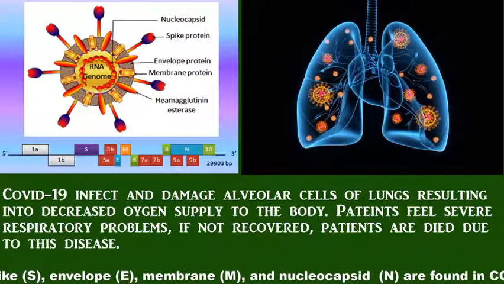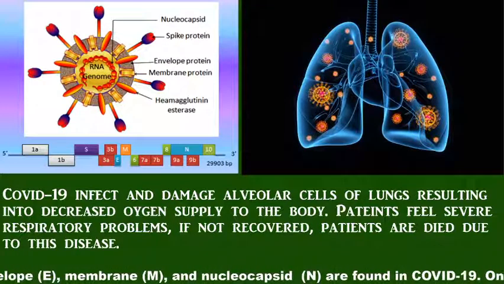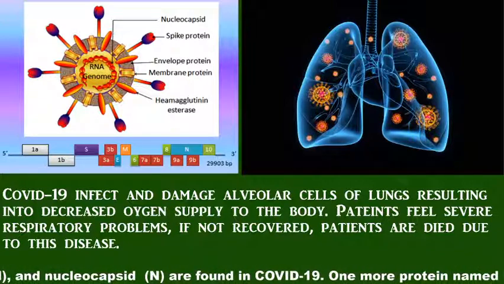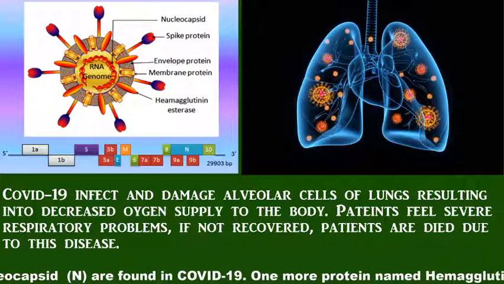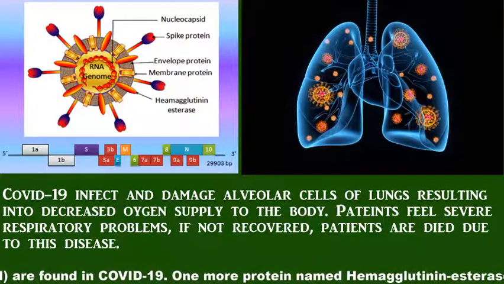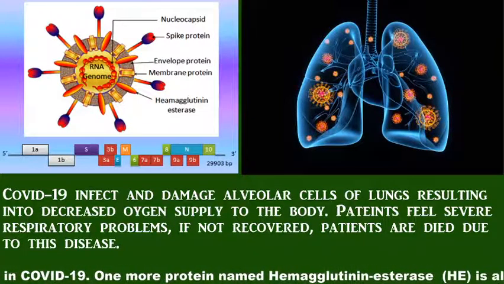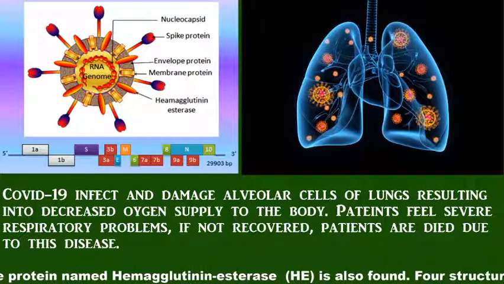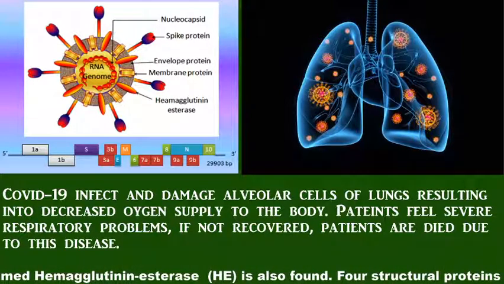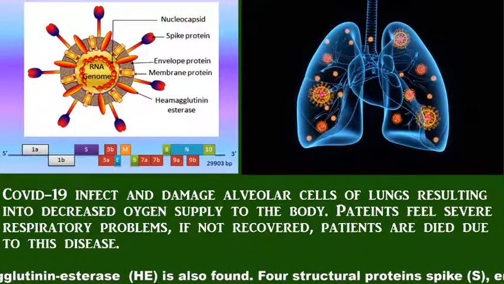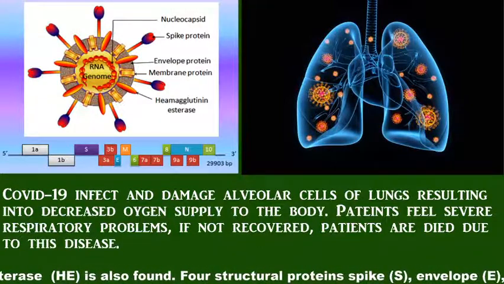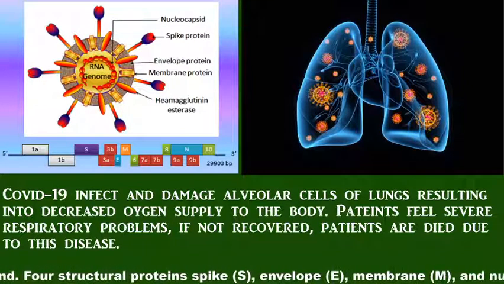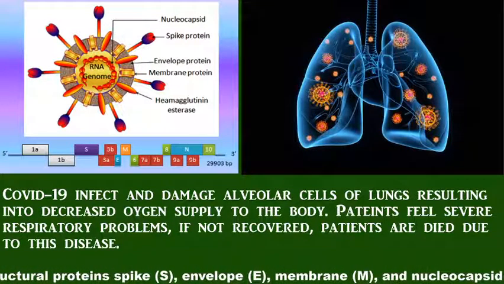In the case of humans, this virus infects the lung. Lungs contain alveolar cells. There are a large number of alveolar cells present in our lungs. So whenever this virus enters the lungs,